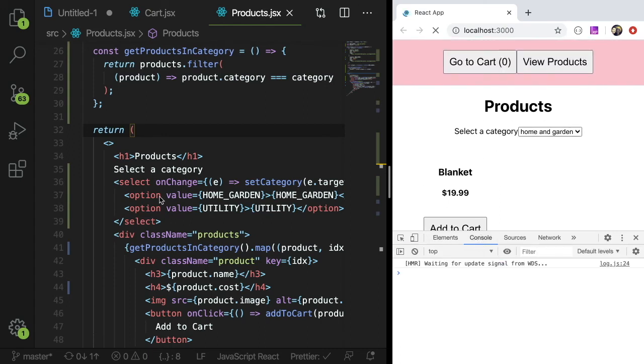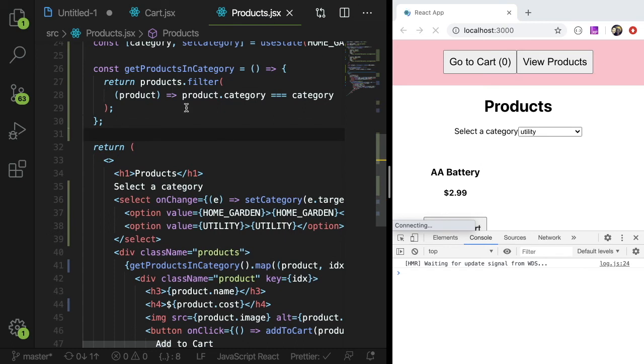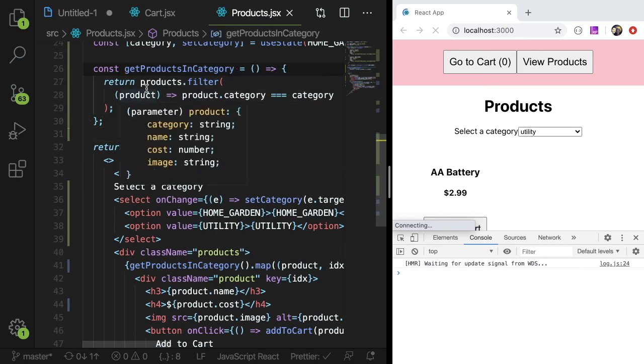We added an onChange to this select input, and whenever you change your actual value, it's changing the categories that are displayed. And you can do this with all your different products and categories. Now, I don't know if this is the most efficient. You could probably use a useMemo hook or something to not have to recompute this stuff, but